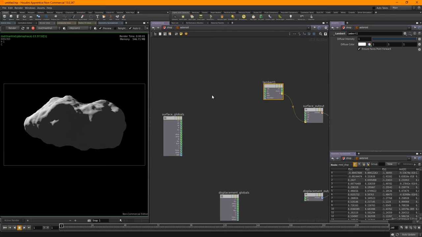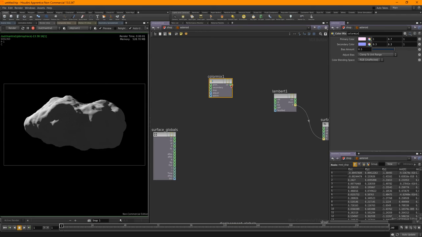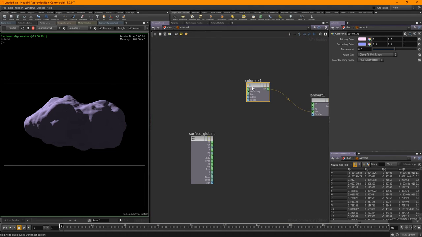So we need to think about diffuse colour. Depending on what asteroid you want to go for, depends on what colour is going to be driving it, but it's generally going to be a mix of colours. So I'm going to go with a colour mix, so I can obviously mix two colours together. Now if I pipe that directly in the diffuse, you see we get this icky colour, which is blended between this colour and that one. Okay, so I'll set that back to there. We're going to use some noises for the bias anyway.